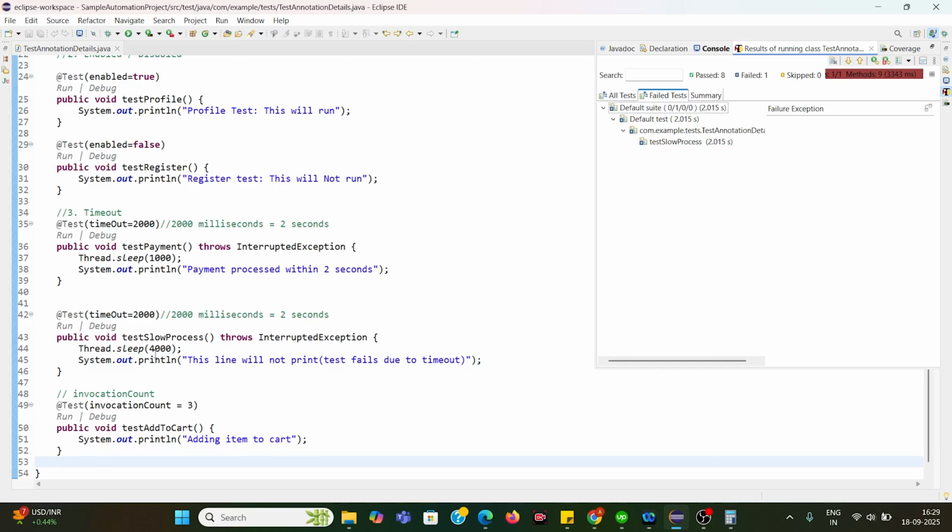So I hope you understood this logic. Just understand @test is the heart of TestNG, and mastering its attributes makes you powerful as an SDET. With priority, enabled, timeout, and invocation count, you can handle real project needs with ease. So I hope you understood this logic and